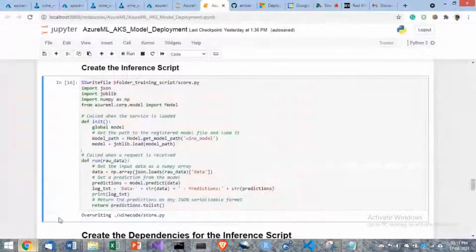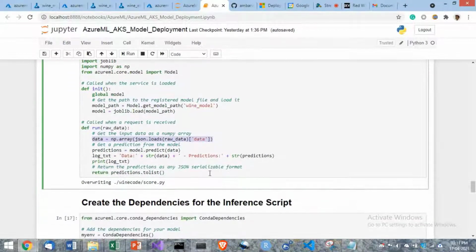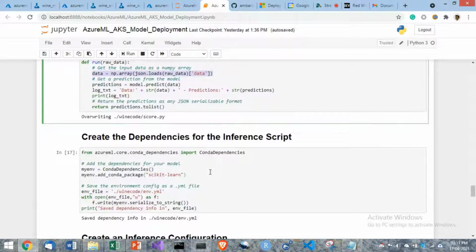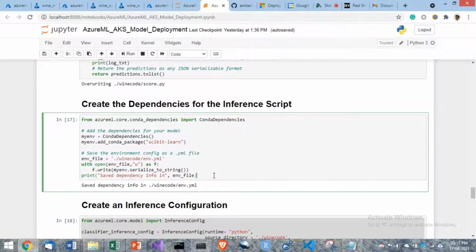The inference script is this. You are getting the wine model, which is there in the workspace. You are loading the model, and once you load the model, you take the data which is coming in, and then you predict. Now this model is done. Now you have to create the dependencies, because a model itself is not alone.